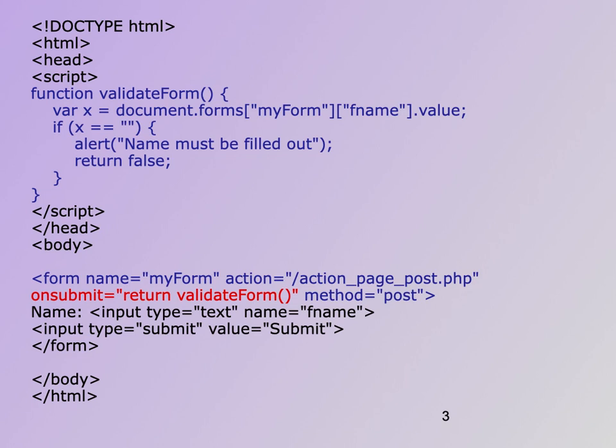Then another control is there, that is input type equal to submit. It's a submit button and the value is equal to submit. So this is how our UI is defined. There is a label name followed by a text field, and followed by that a submit button. On clicking the submit button, suppose something is entered in that particular text field, it will return true and the value will be passed over to the server, otherwise nothing will happen. An alert message will show "Name must be filled out". This is how validation is performed.